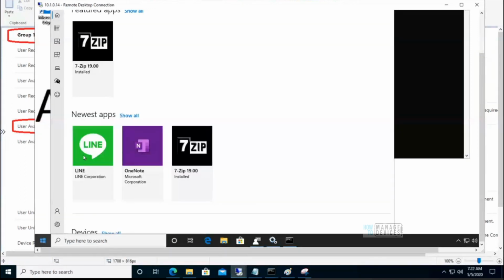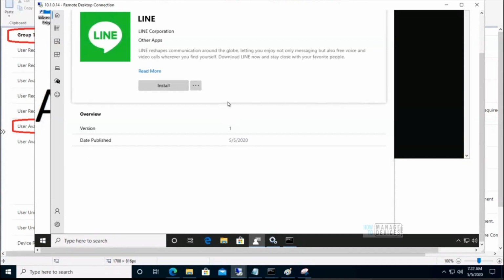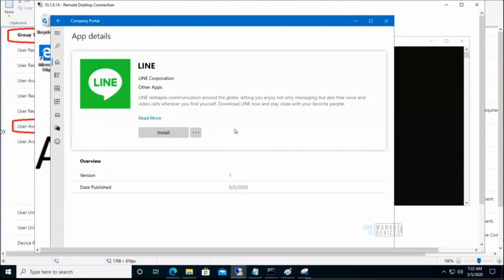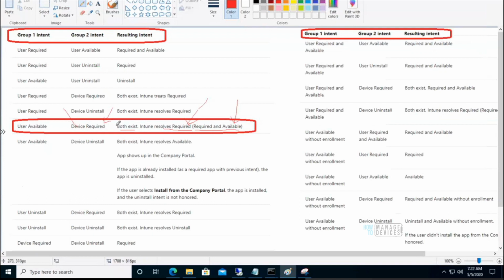Okay, probably it's taking time to install or not, I don't know. It says it's available, and that is why it is allowing us to install it. We will wait for some time and see what is going to happen over here. I don't want to install it now, because if I understand the documentation correctly, it says Intune resolves required. When it says required, then it should automatically get installed.